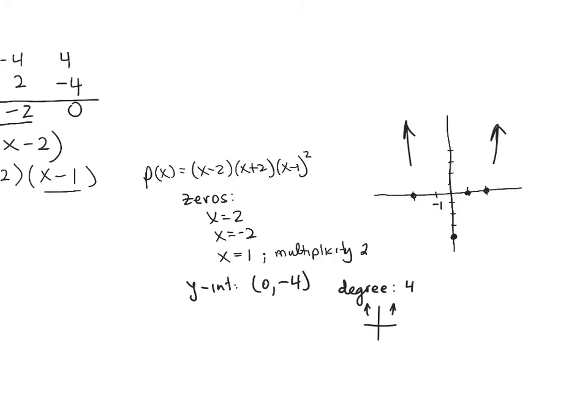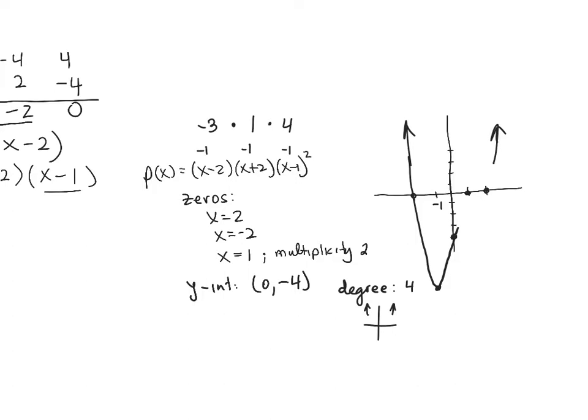So if I plug in a -1 for all of these x's, I get -1 minus 2, that's -3. -1 plus 2 is +1, and then -1 minus 1 is -2. -2 squared is 4. -3 times 1 times 4 is -12. So -1 comma -12. So the graph comes all the way down to -12, comes up through the y-intercept, and